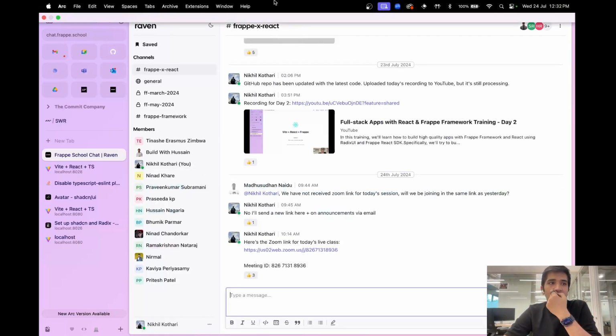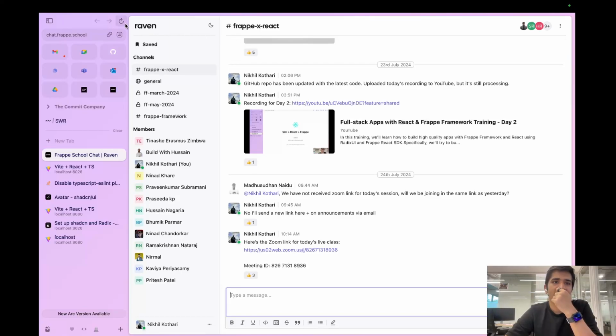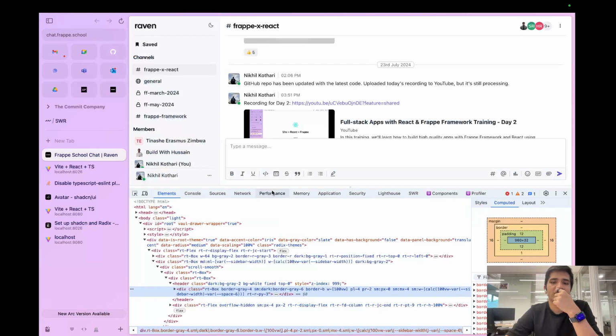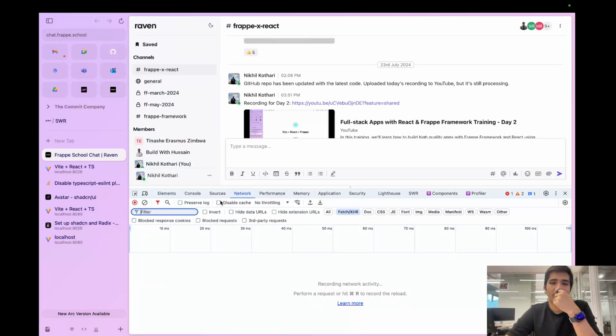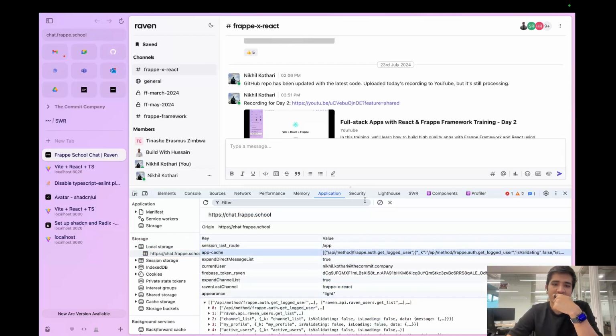So there's another trick that you can use. See on Raven, the loading time is instant, right? Just hit refresh, it's instant. The reason is that we are actually taking that cache and storing it in our local storage app cache. See,